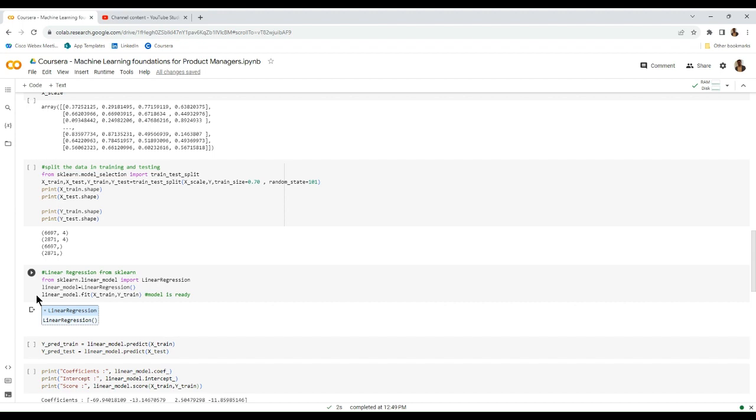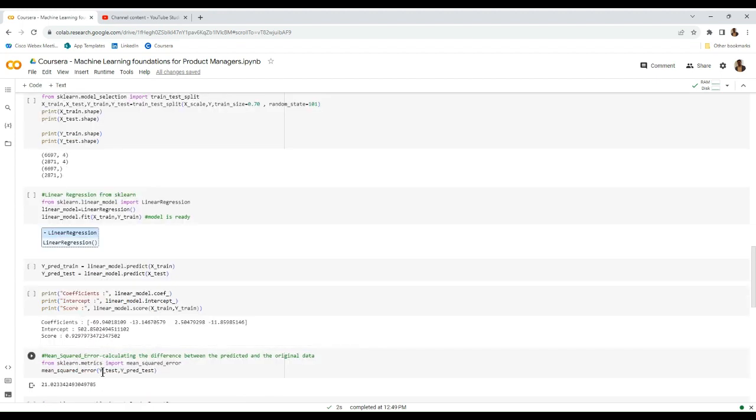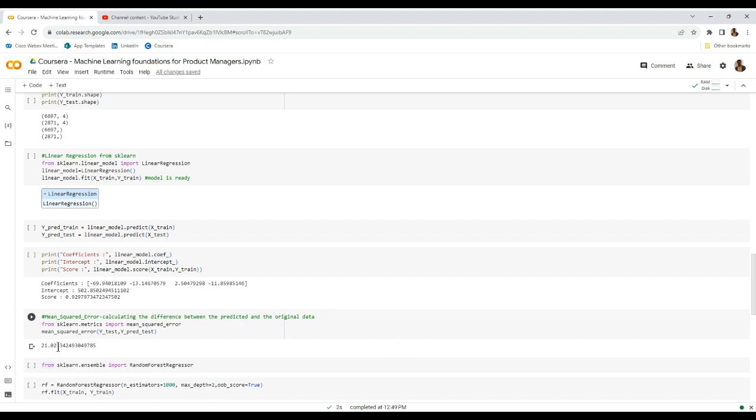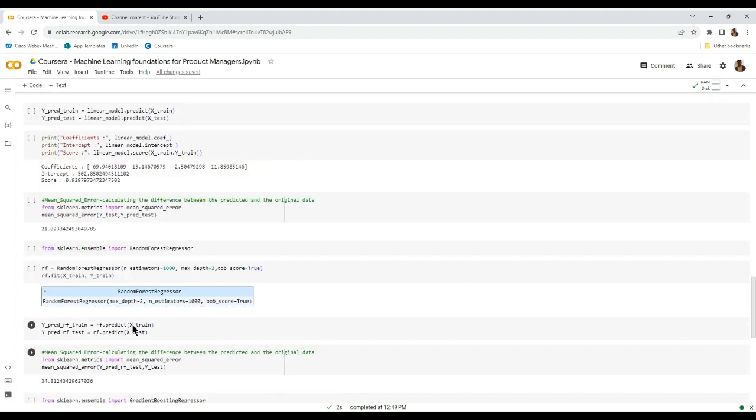Post that, once the data is defined as training data and test data, we went ahead and imported the linear regression module into the program, and we ran it. We calculated the mean squared error, which turns out to be 21.023. In a similar way, we ran the second model, random forest regression. We imported the module and ran it, and the mean squared error came out to be 34.8124, which is higher than the linear regression,